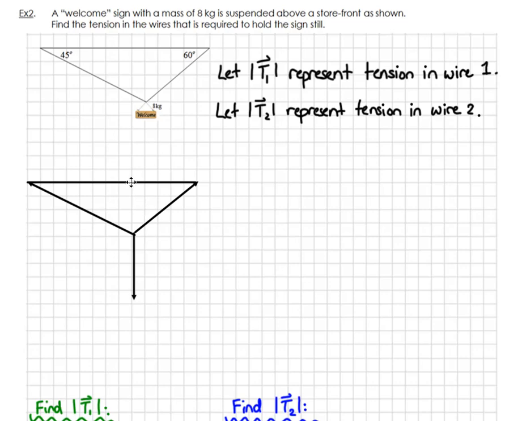Now I'm going to get rid of this. Actually, you know what? Before I get rid of this, let's put in all the numbers. Let's call this our equilibrium force. Okay, and I have tension 1, tension 2. This is 60 degrees, and that is 45 degrees. Okay. This really doesn't cut it either for a diagram, mainly because in order to calculate anything,